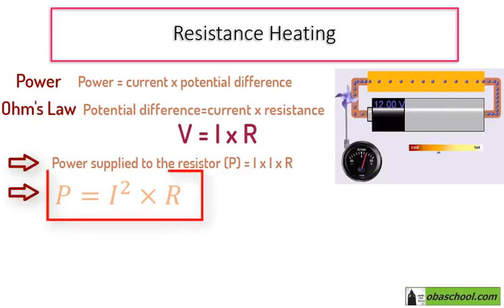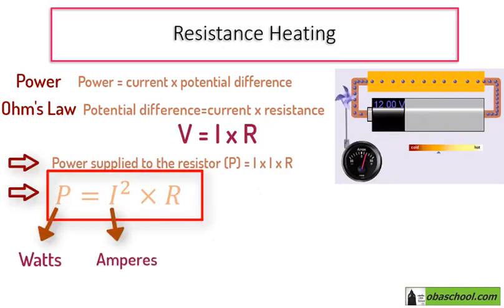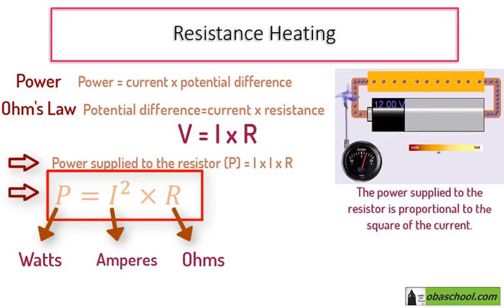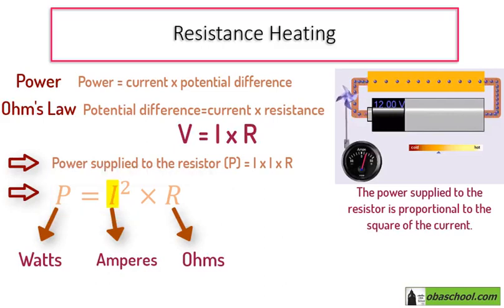Hence, the power supplied to the resistor in watts is equal to the current squared in amperes multiplied by the resistance R in ohms. This equation shows that the power supplied to a resistor is proportional to the square of the current. So, for example, if the current is doubled, let's replace I by